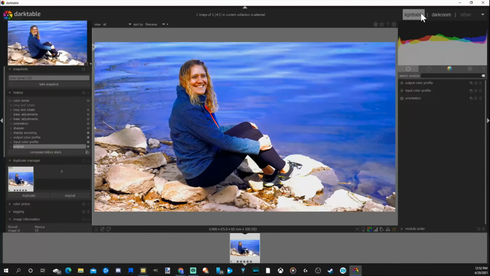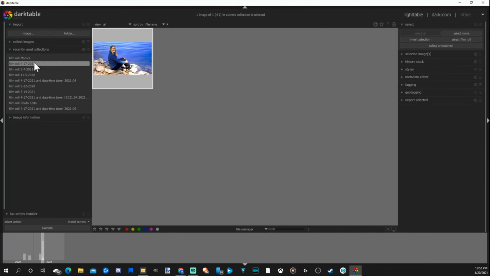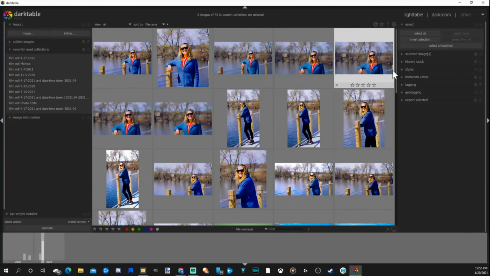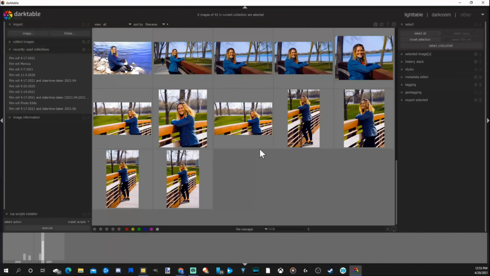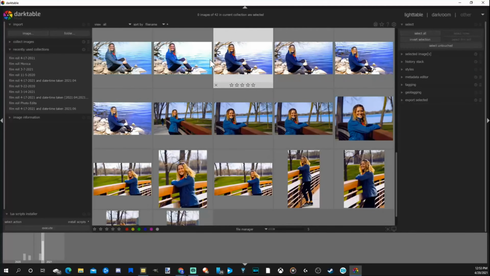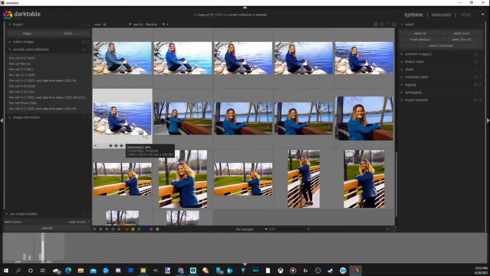So now let's go over to the light table and I'll show you an amazing feature of Darktable. So let's go to a different file that I was working on. So here's all the photos I took the other day. Now my favorite feature of Darktable is the ability to edit all these photos at the same time. So I was working on one of the photos up here where she's sitting down by the rocks. Let's say I want to copy all the different modules on that specific photo and apply it to all these other photos. So let's highlight the photo that we were just editing that we liked and we had set up